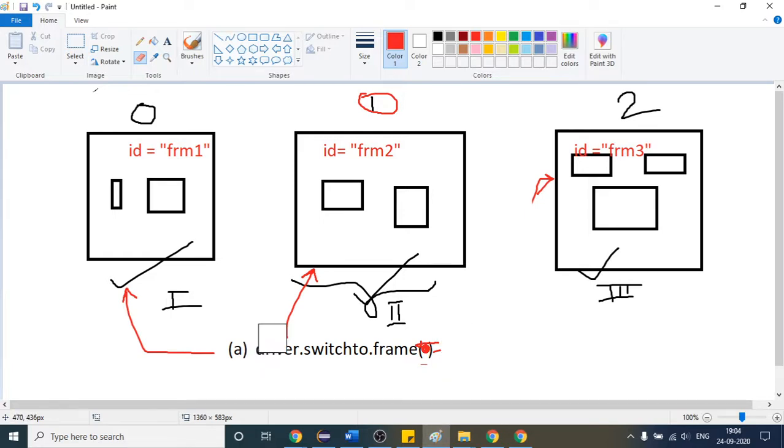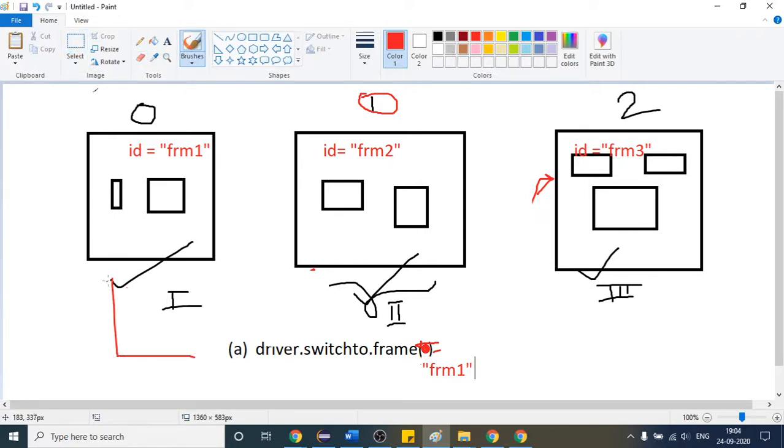So what I'm saying, if you provide this id and place it inside the parenthesis, our driver will be switched to this one.